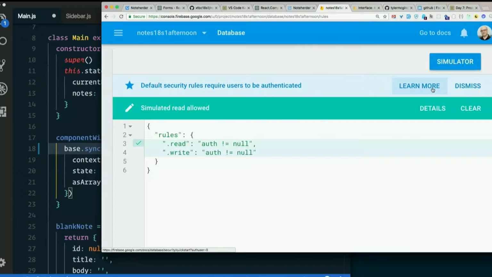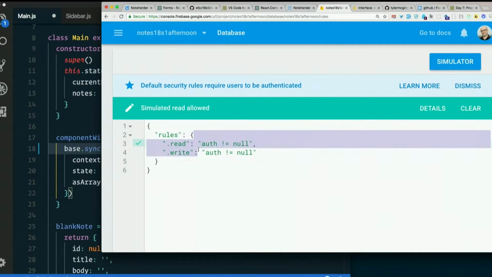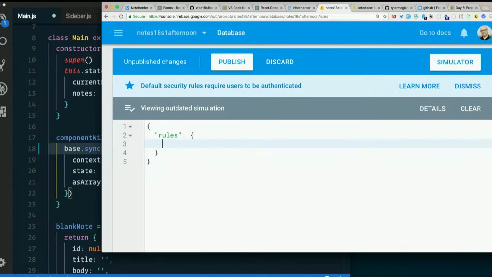We can also specify per endpoint, and we can check that they are, say, the user whose UID happens to match the name of that endpoint. Let's try something like that. So read. Let's add a layer under rules, and let's say an endpoint called $userID. So that means a variable, basically. So $userID. To read an endpoint containing whatever that is, we need to be that user. .read